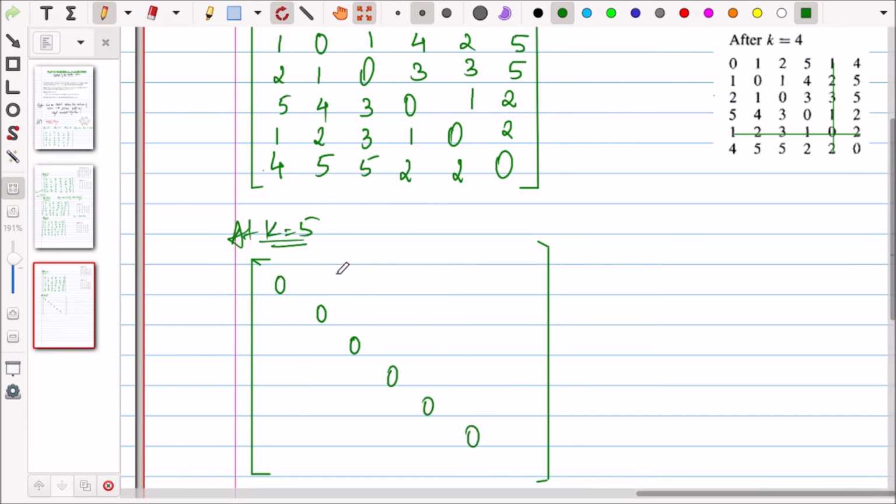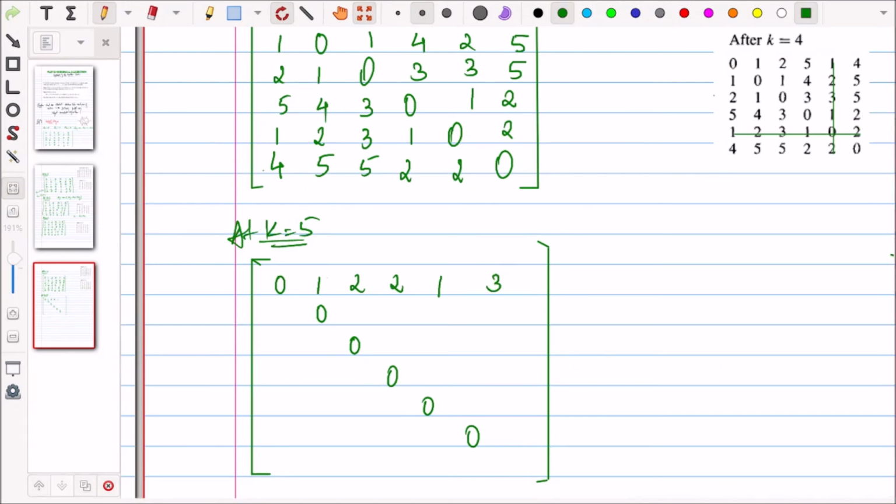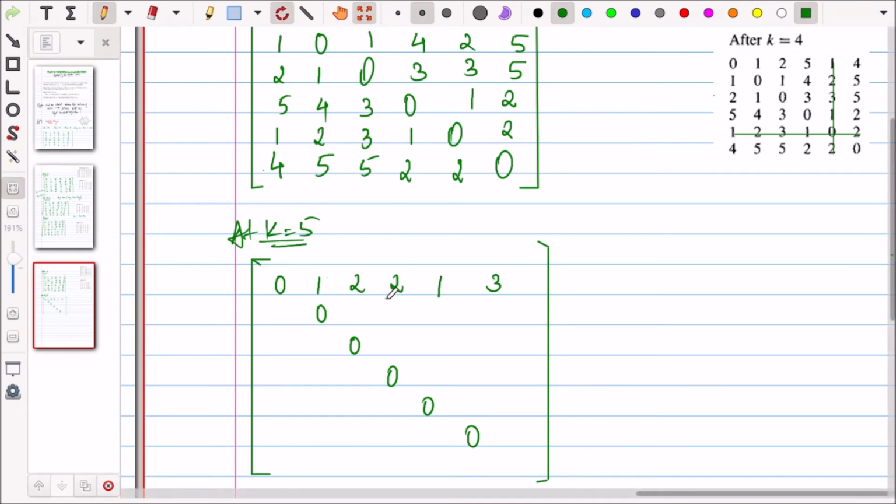ओके फाइन। अब हमारा फर्स्ट एंट्री 1 सब में ऐड करना है, सो 1 + 2 is 3, यहाँ पे 1 है, so it will be 1, 1 + 3 is 4, 2, so it will be 2, 1 + 1 is 2, it is 5, so we will put 2, 1 + 0 is 1, here 1 right, and 1 + 2 is 3, here 4, so 3 right, is that fine? यस सर।